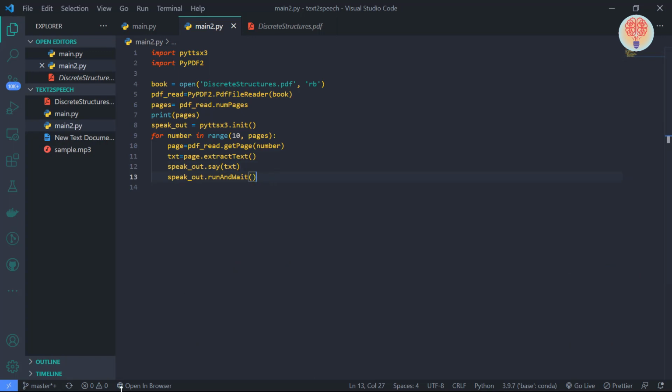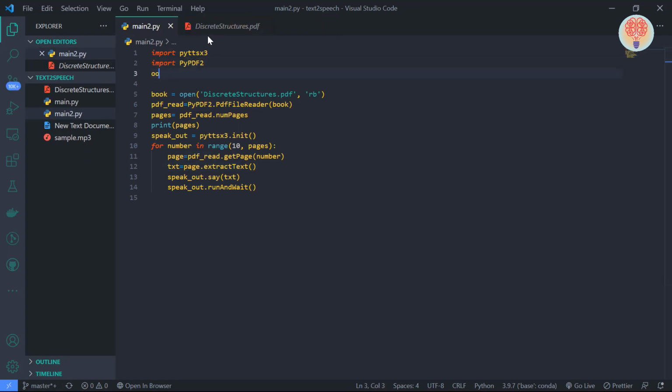What if we don't want to open the PDF on our own? Let me just open it directly from this place. So that's where you can borrow this idea. We can just use our